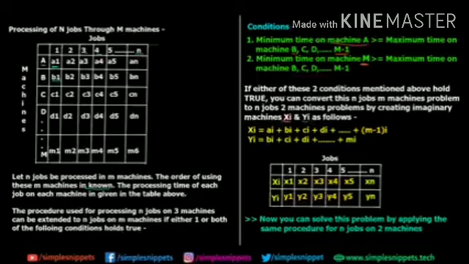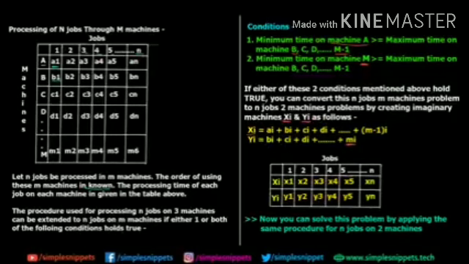And we can have 2 imaginary machines Xi and Yi, and what we can do is add up the times of the different machines. So for Xi it will be first machine plus second machine time plus Ci plus Di till the M-1 machine. So we don't consider the last machine's timing over here for Xi, and for Yi we start off from the second machine, not from the first. So Bi plus Ci plus Di plus so on till the last machine.